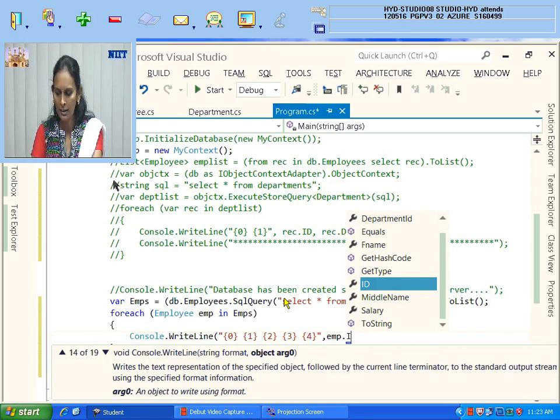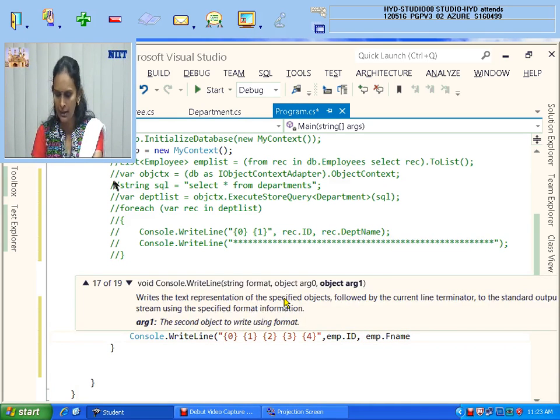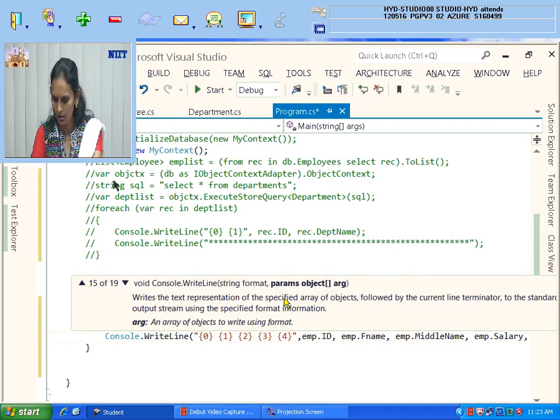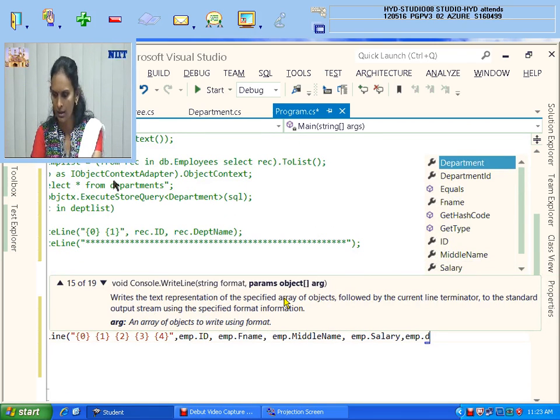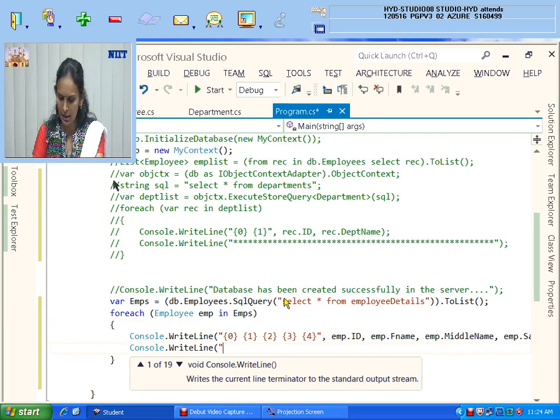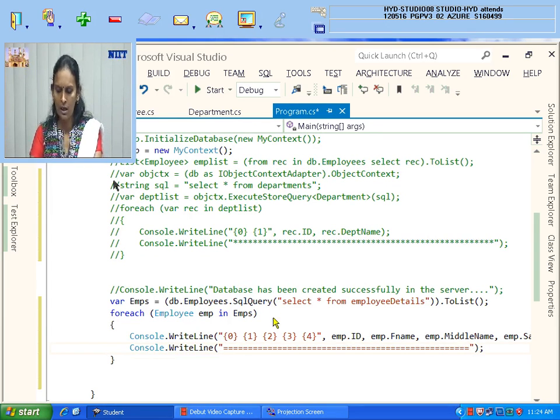EMP.Id, EMP.FName, EMP.MiddleName, EMP.Salary, and what is the other one, DepartmentId. Okay, so that is what I have written. So now these are the records that you got. For each record, if you want to display a stars line or an equal-to line, I am writing it like this. So now let me execute. Whether it is working or not, you will understand.